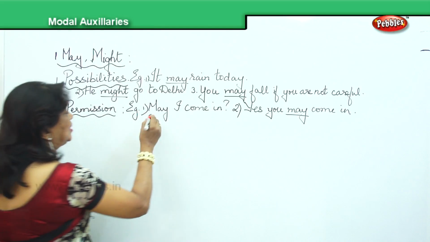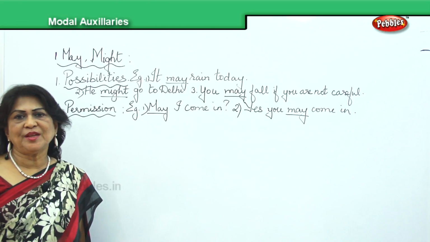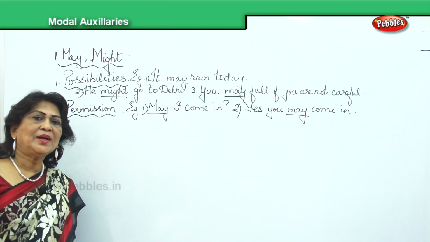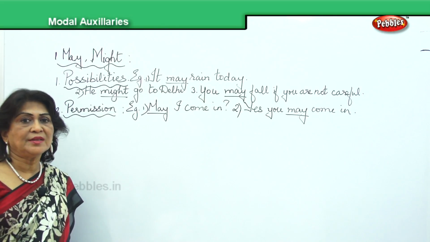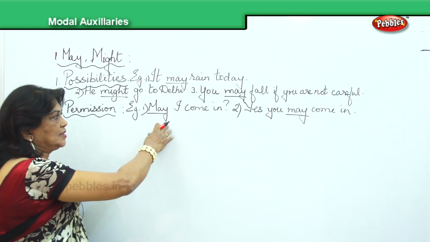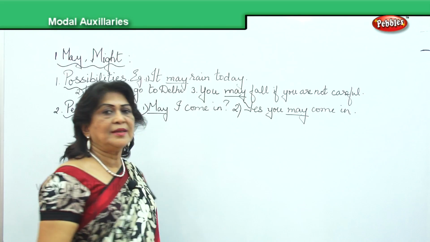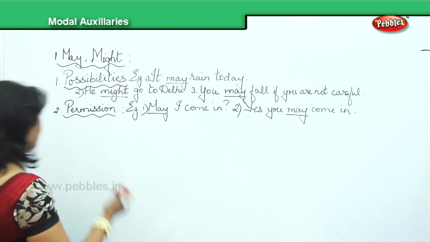So, we have seen two places where may can be used. One is possibility and the other one is asking permission. Asking permission or granting permission. This is asking permission. May I come in? And yes, you may come in is granting permission to enter. Next one,